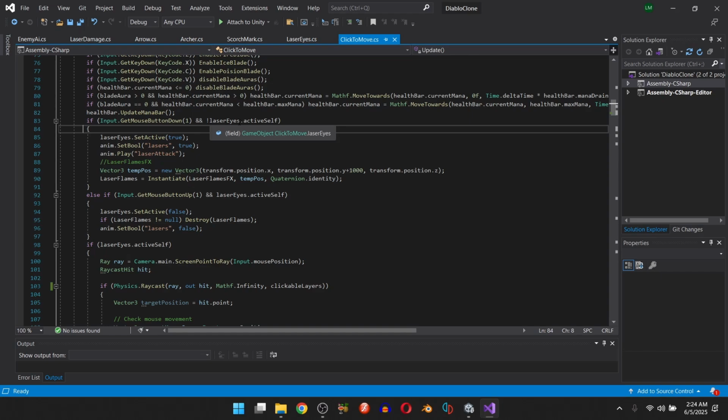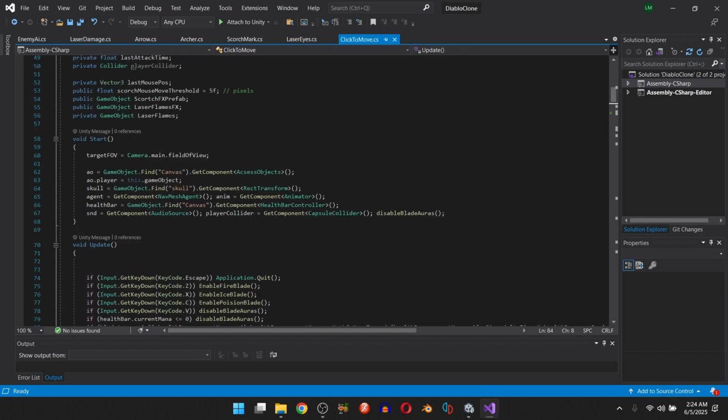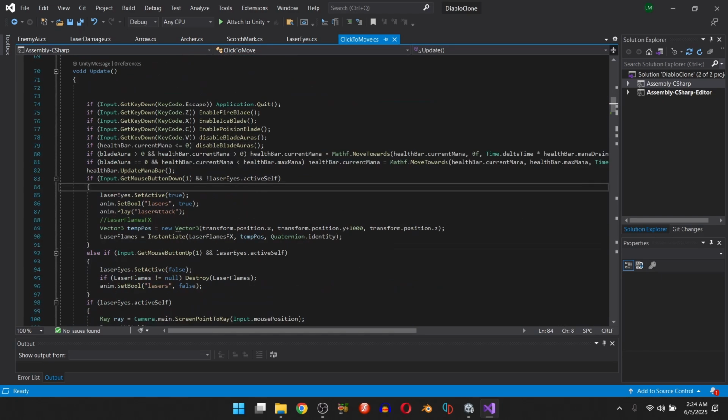And laser eyes, and that's what we just talked about up here, the laser flames. And laser eyes dot active self. Then we set the laser eyes to true. That's the empty game object that's holding the two other empty game objects with the line renderer. Okay, that's laser eyes, we set that to true. And then we set the animator, a bool called lasers, to true, and we play the laser attack animation